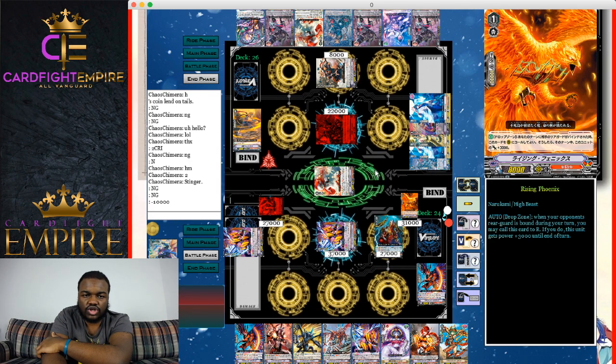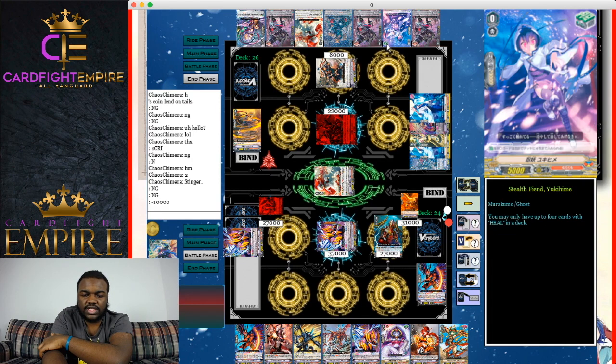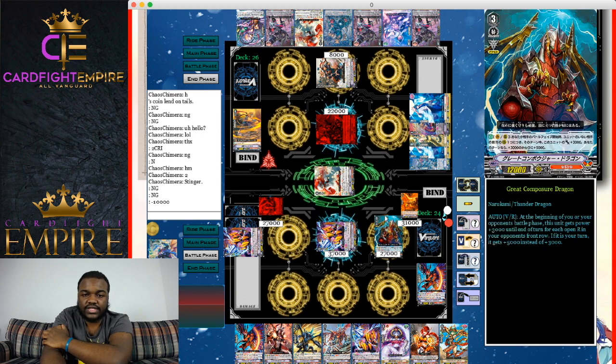So I wasn't sure if he had no cards to guard, if he just couldn't guard it, or if he was just giving up. But now I see that he did have 3 PGs in his hand, although he would have had to